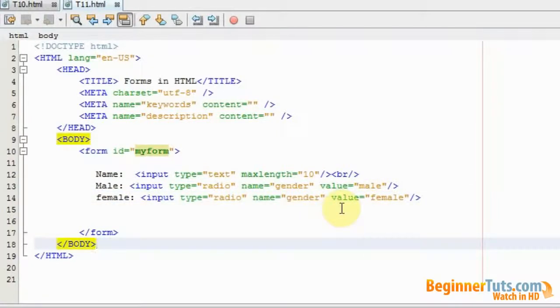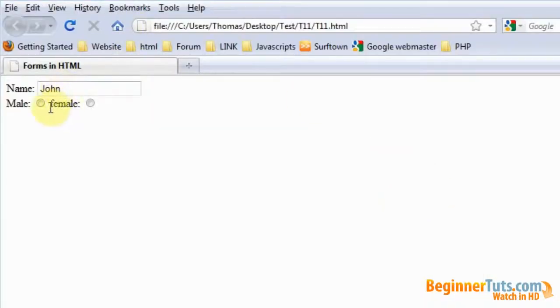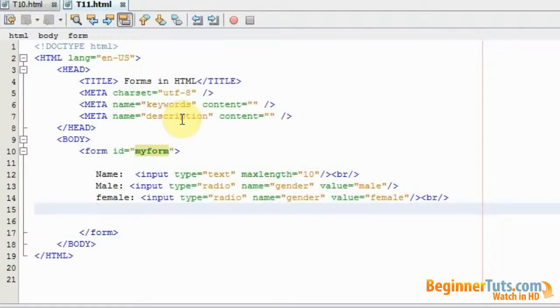Let's view it in the browser. As you can see, the visitor can now choose between male and female. He can only choose one of them because this is a radio button. The next button I will show you is called a checkbox, and in this one you can cross off multiple answers. So to make a checkbox, I will also have to use the input again,